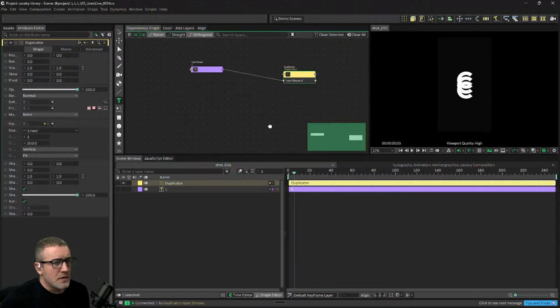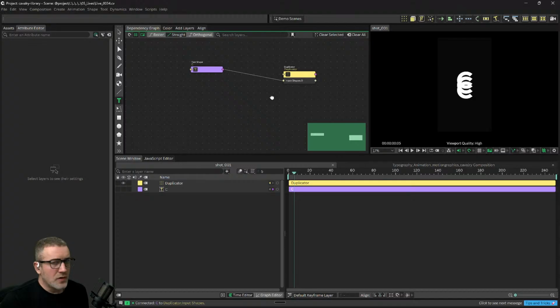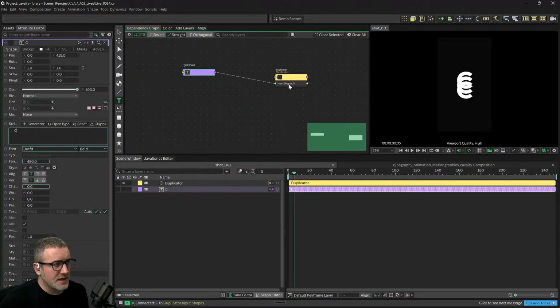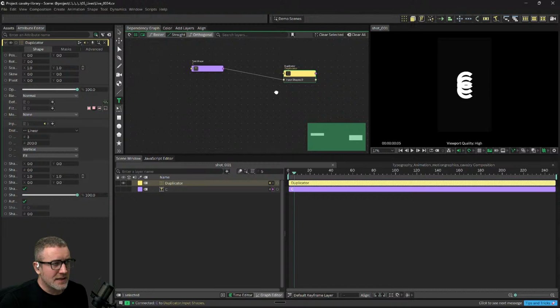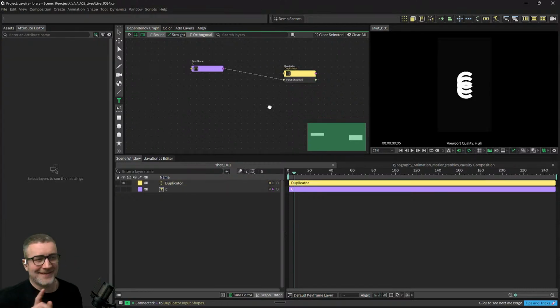Okay, so now what we need to do is to plug an oscillator inside of the shape position, I guess. So, sorry, this is what I wanted